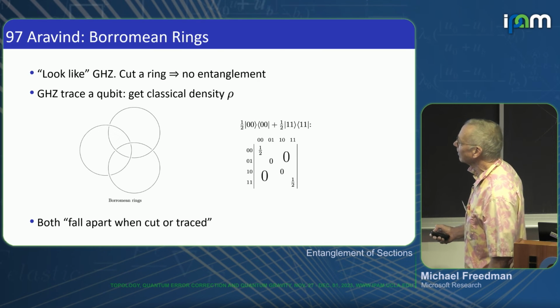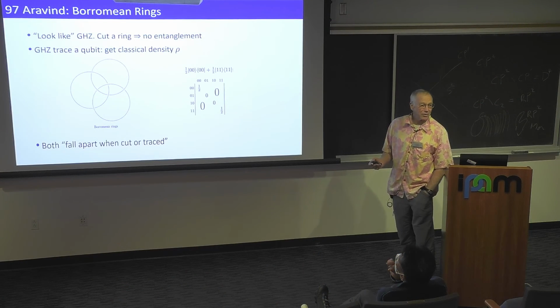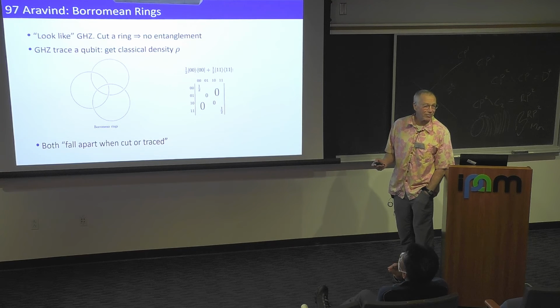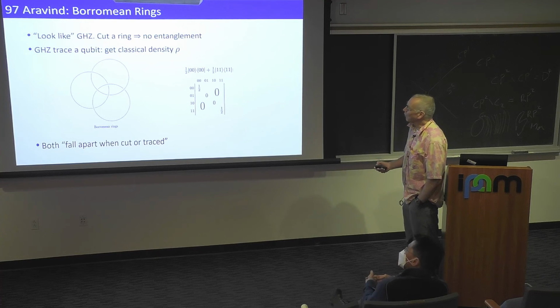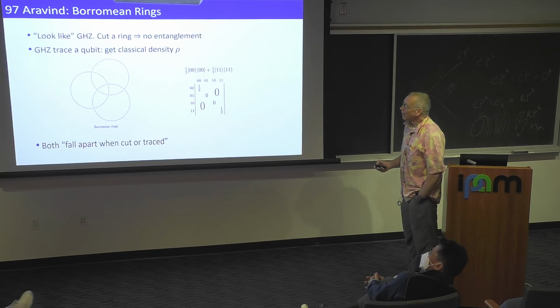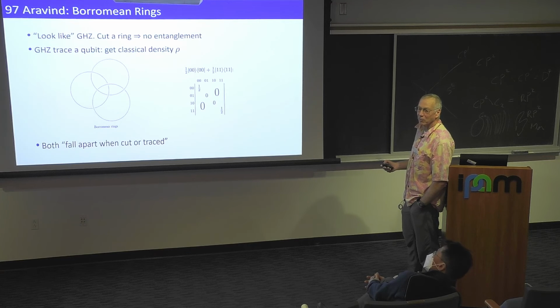Actually, here's a little exercise you can try. I've drawn those as circles, kind of, but actually they have to be ellipses. It's a theorem that you can't represent the Borromean rings with three round circles. So you might enjoy thinking about that. But anyway, it's totally irrelevant to what I'm about to say. What I do want to say about the Borromean rings is they have this property that if you cut any one, it's symmetric, the other two fall apart. So it's like intrinsic triple linking without individual pairwise linking being present.